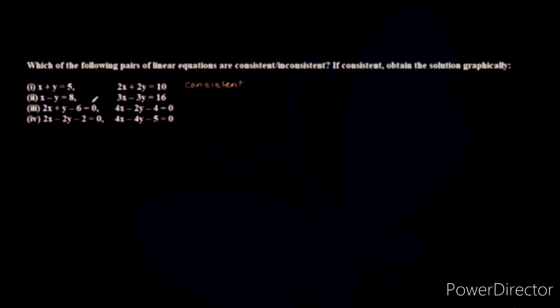Alright. And what about the second one? The second one we have 1 upon 3, negative 1 upon negative 3, 8 upon 16. Alright. So that would become 1/3. Again, B1 upon B2 is 1/3 as well. And C1 upon C2 is half. Now as you can see, A1 upon A2 is equal to B1 upon B2. But collectively they are not equal to C1 upon C2.